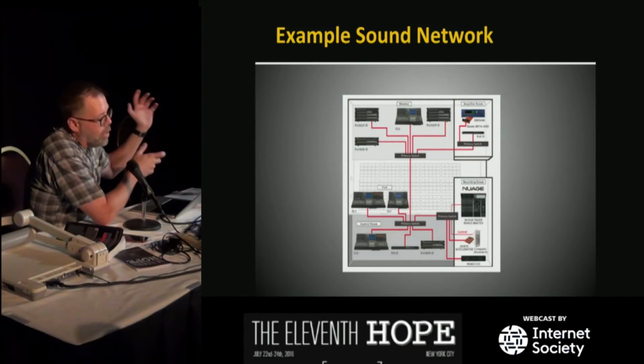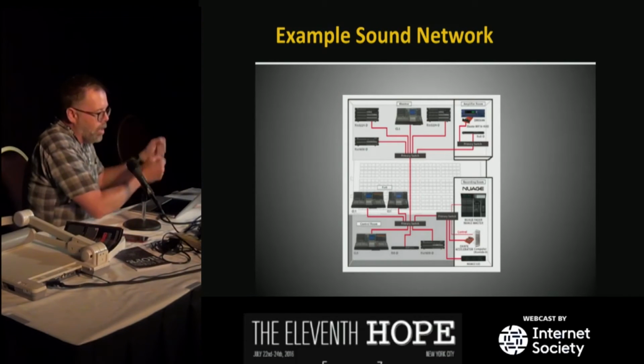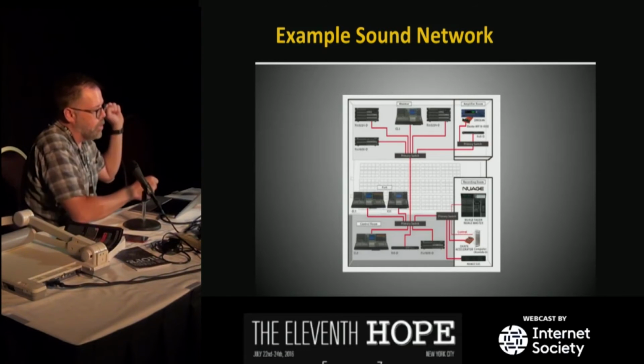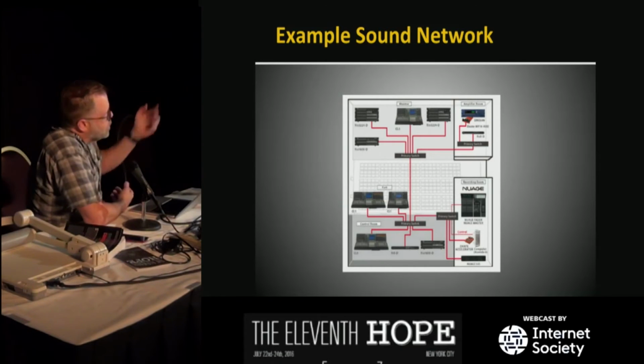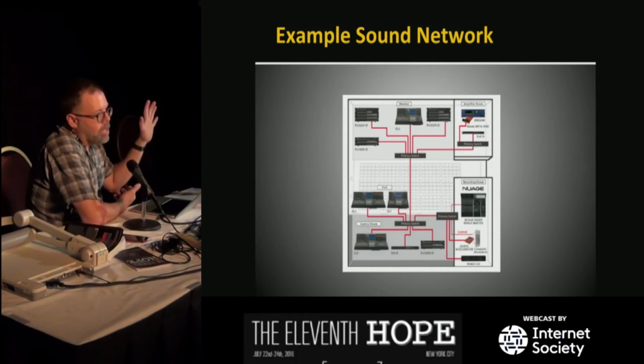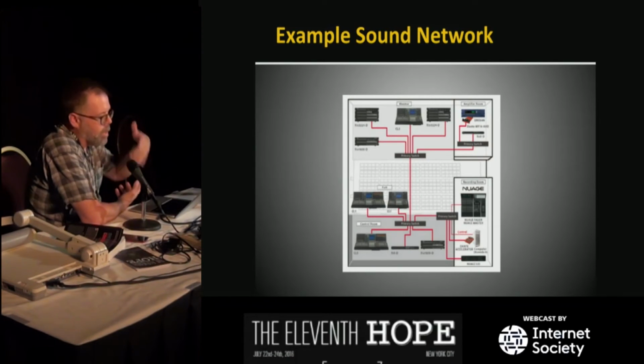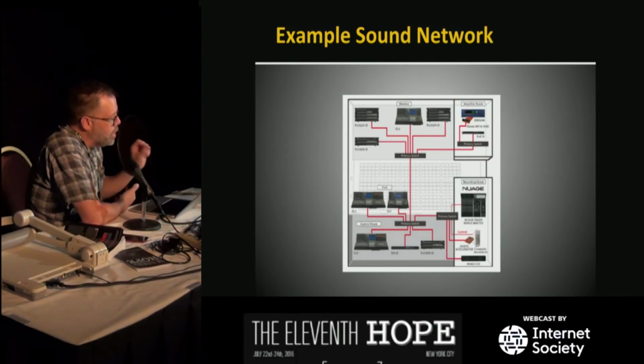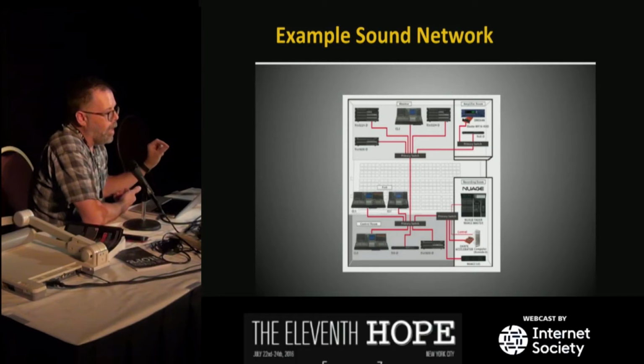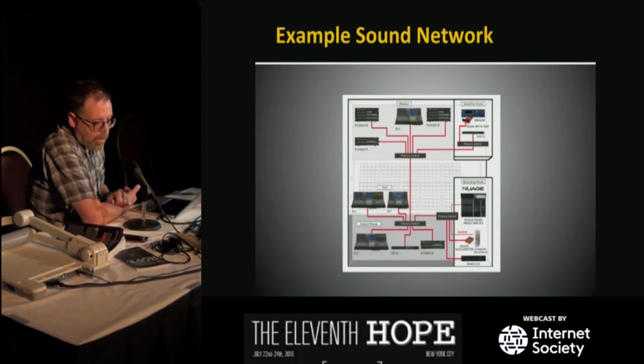So with a network, in the old days of analog, that was kind of a nightmare of ground loops and splits and transformers and all this stuff. Now we just put them on the network, and then you take input 17 and just copy it to every console. The only issue then is who's controlling the gain of that thing. That you have to work out, and that depends on which manufacturer you're dealing with.